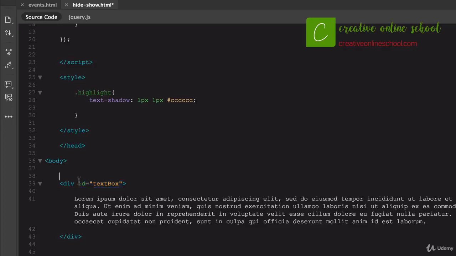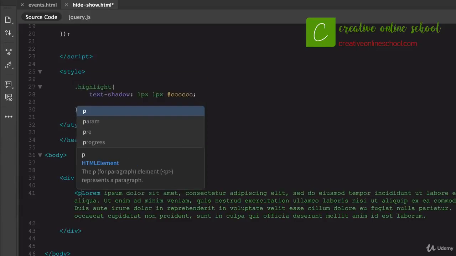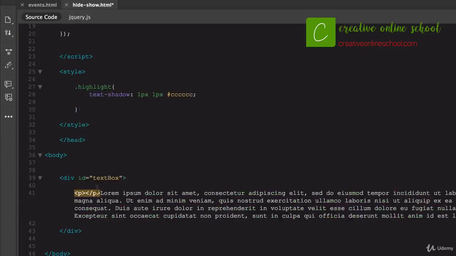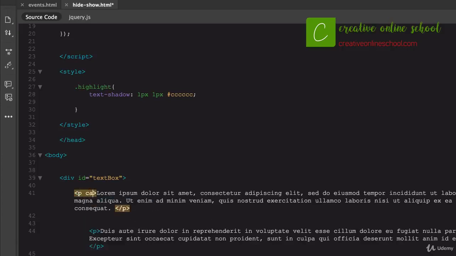Now I've got this ID here that was from a previous area. That still kind of works here because we don't need to worry about this. But we do need to give this paragraph here something very specific. So I could say this paragraph, always opens and closes in the wrong area. I'm going to cut that out. In fact, I'm just going to do this just for the first sentence area up here, just to show you the difference. So we open that paragraph tag, we'll open a new paragraph tag here, we'll cut that guy out, and we'll close this one out. So again, just to show you the difference here, I'm going to add just this one class